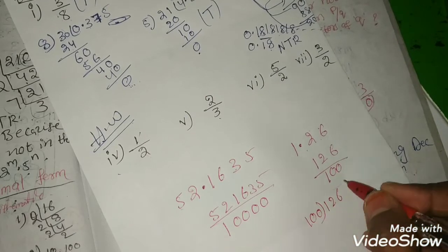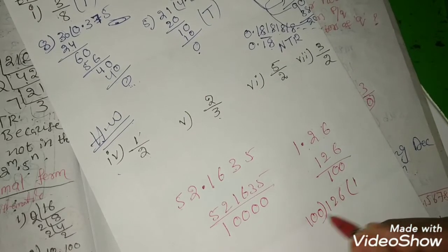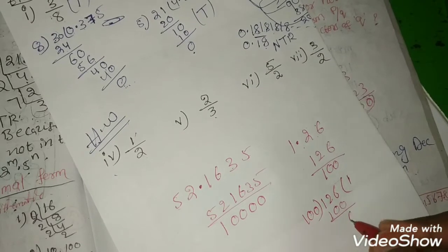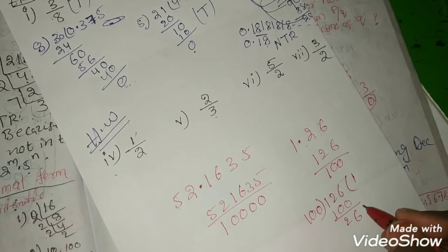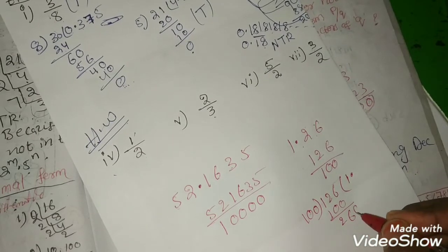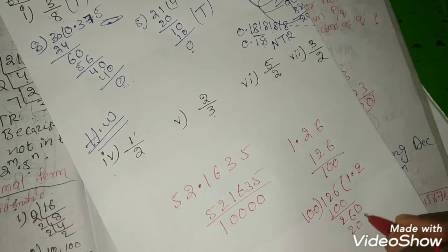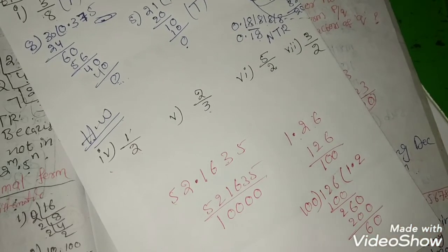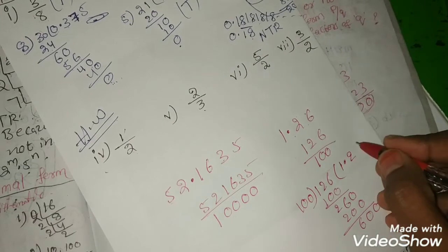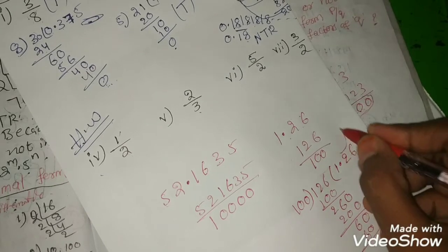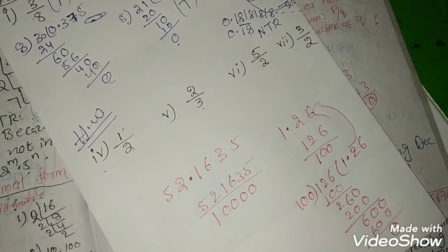126 divided by 100. 100 ones are 100. What do we get as the remainder here? The remainder is 26. Okay, keep the point. Get 0, or 260. 100 twos are 200. The remainder is 60. Again 0. See here, 100 sixes are 600. We get remainder 0. See, is this a match? Is it clear now?